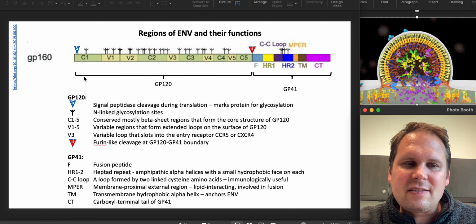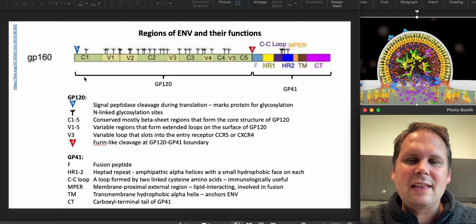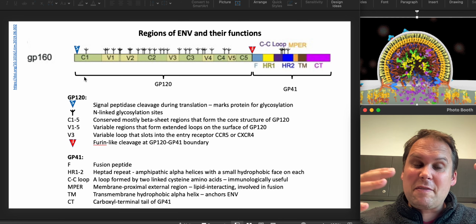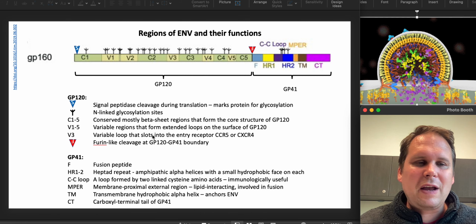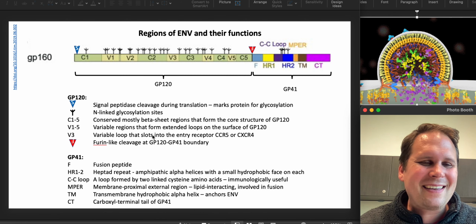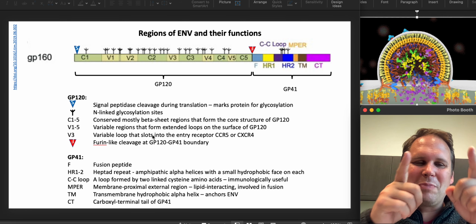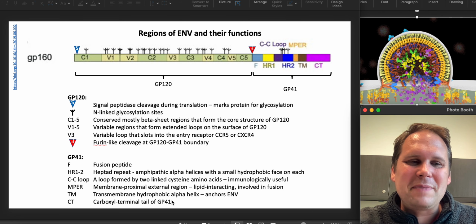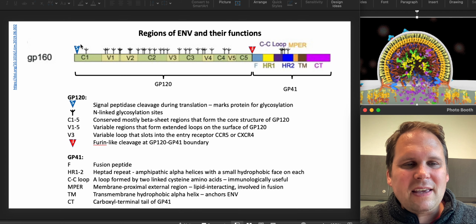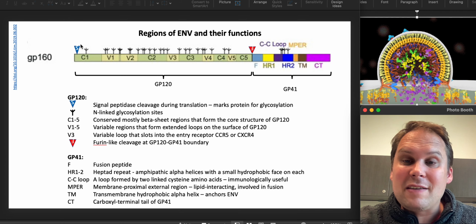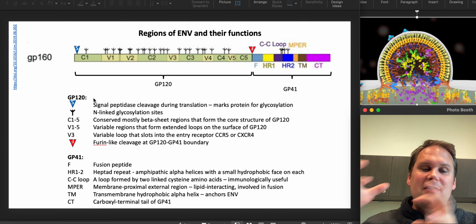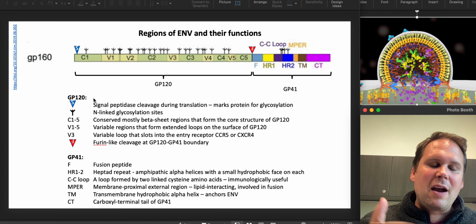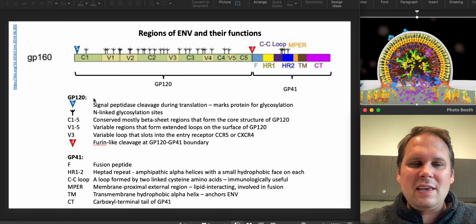And it's a signal that we need to move this protein and get it glycosylated, because pretty much everything outside the cell is glycosylated. And we also need to get it on the transports. It's got to go through the Golgi apparatus. We've got to trim those glycans back. And then from the Golgi, it's got to get exported right up to the cell surface. The signal peptide is actually going to be cut off during the translation process. Basically, as soon as it's made, it gets chopped off, but that shunts the protein. And so now it is marked that it is going to be going to the cell surface.